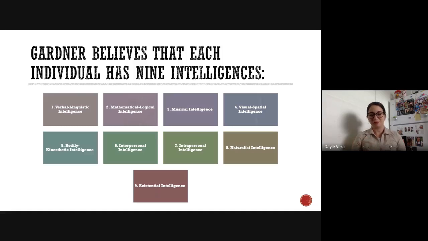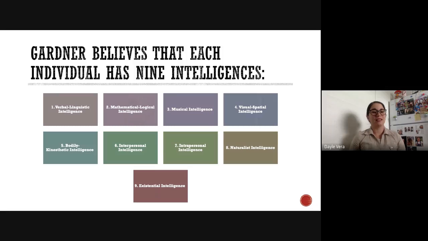So we shall see. Number 4 is the visual spatial intelligence, and this is the capacity to think in images and to picture yourself where you are with respect to other things. So, for example, when somebody leaves their house and is able to go back to their house without having to use a GPS, then you're proving that you have some kind of a spatial intelligence because you're able to locate yourself and then drive back to where you were coming from. So I believe everybody has this strong type of intelligence.